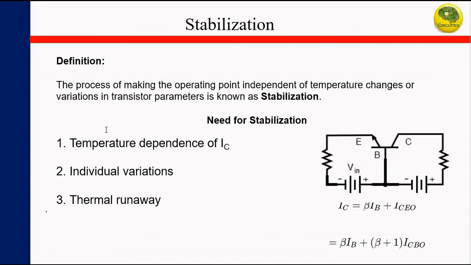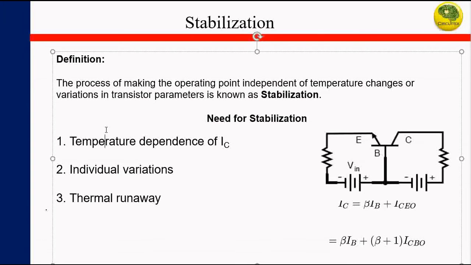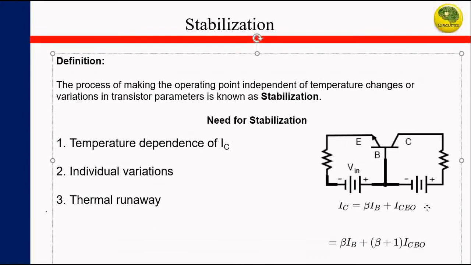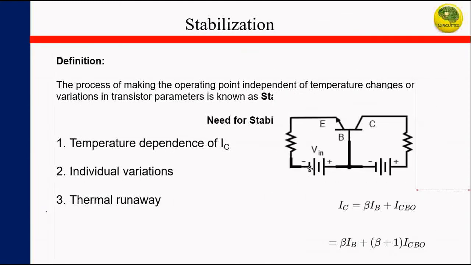So the second one is individual variation, and the third one is thermal runaway. So let us discuss these three terms in detail. First one, temperature dependence of IC. If we look at this